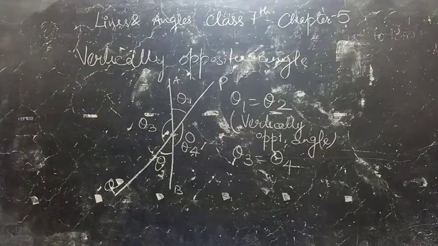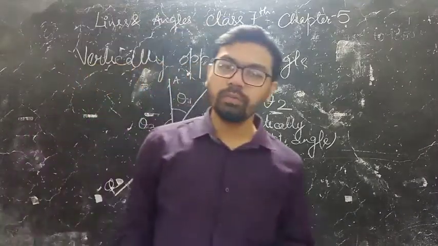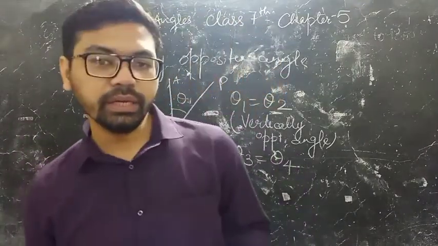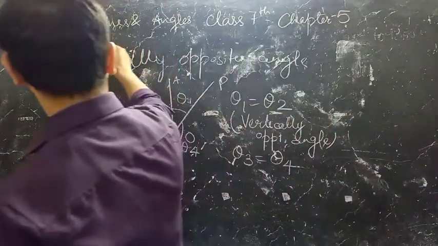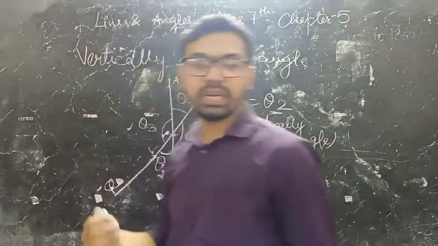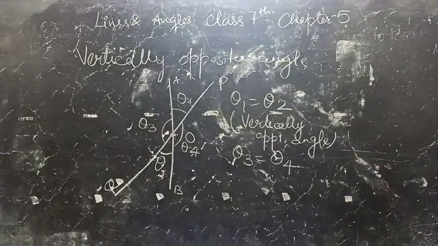So this is all about 4 types of angles. One is complementary angle, one is supplementary angles, then adjacent angles, then vertically opposite angles. Okay, then we will start with some questions based on exercise 5.1. Please note it down fast so that we can practice some more questions.